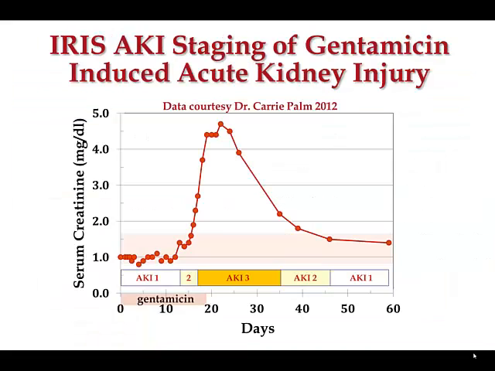And so here, back to our gentamicin study in dogs. These dogs were exposed to gentamicin at day 0, and creatinine by IRIS criteria didn't identify the acute kidney injury until probably 14, 15 days after these animals had been exposed to that nephrotoxin. And then the animal went through progressive stages of grades of AKI and ultimately recovered. But this was a late marker of acute kidney injury, and certainly we would have liked to identify that these kidneys were injured, and maybe we ought to modify our gentamicin administration way back here at day 2 or day 3 or day 4.